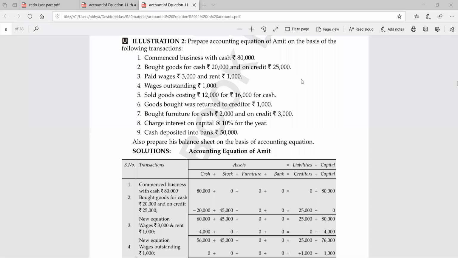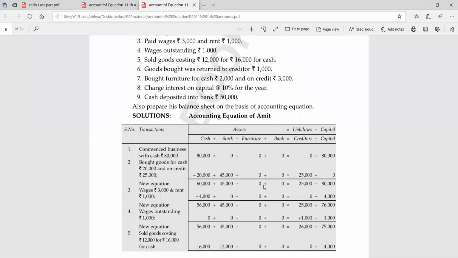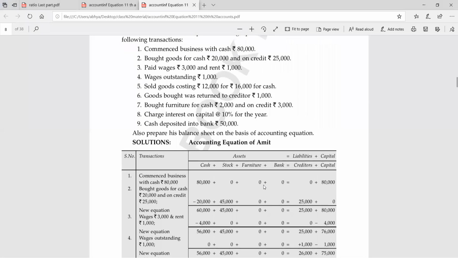So we have read all the transactions. On the basis of all these transactions, which assets will we be having? Only 4 assets: cash, stock, furniture, and bank. So we have to write the names of all the 4 assets, as shown here in the format. First of all, in the first column, we have to write the serial number because no dates of the transactions are given. Then in the second column, we have to write the particulars or transaction. Whatever you feel comfortable with, you can write particulars or transactions. And in the third column, you are going to write assets equal to the accounting equation.